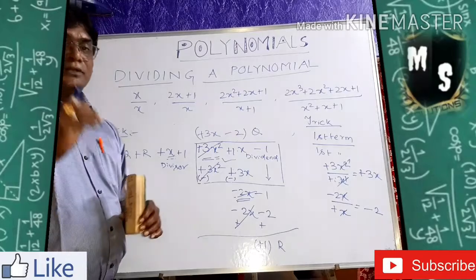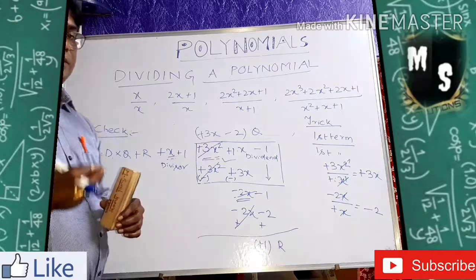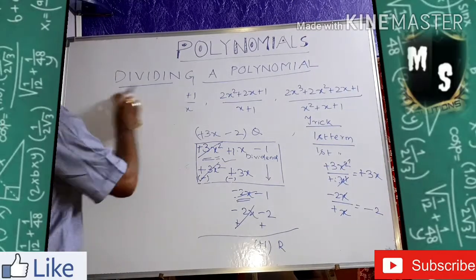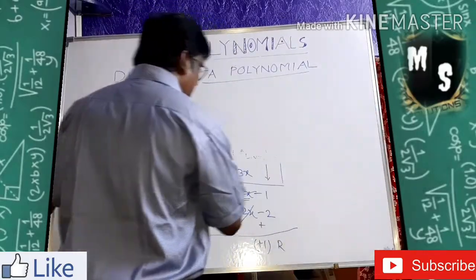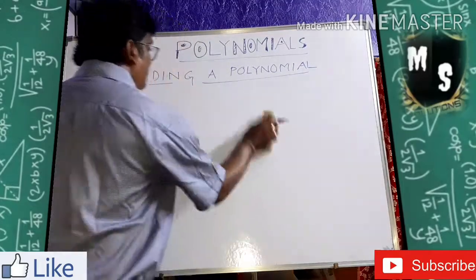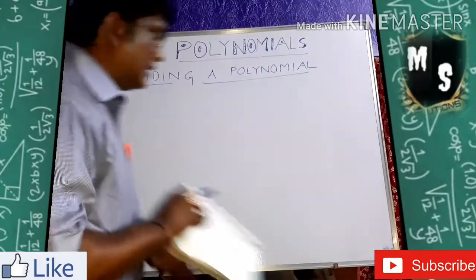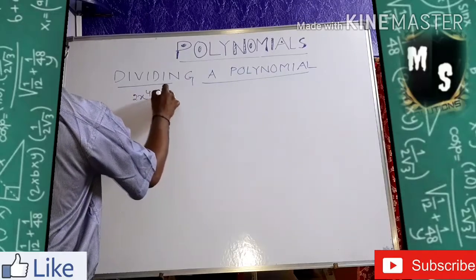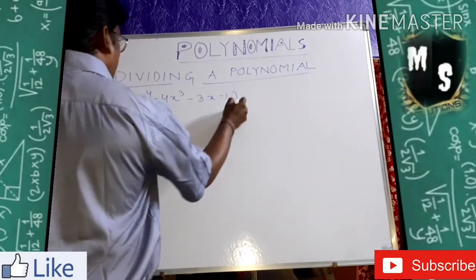Try to understand the difficulties when you are doing the sum. You can go through it nicely. See now, I am doing the second sum for you. What is the second sum? I am taking it from your textbook. The textbook sum is a degree 4 equation. I think it is there in your book. That is 2x to the power 4 minus 4x cube minus 3x minus 1, divided by